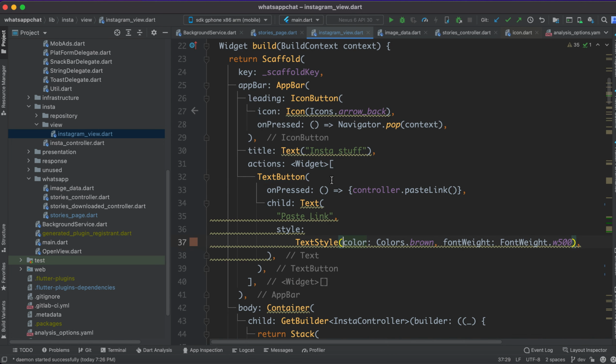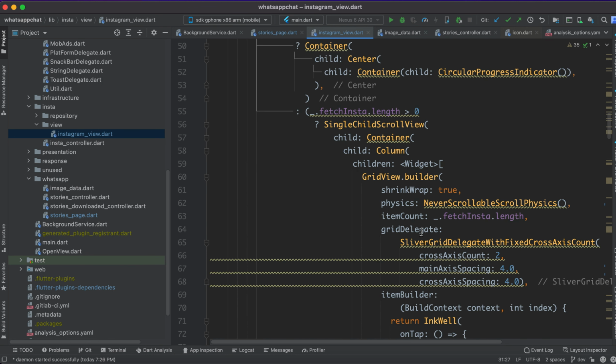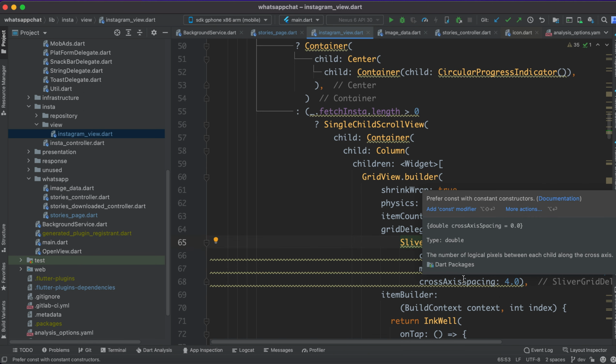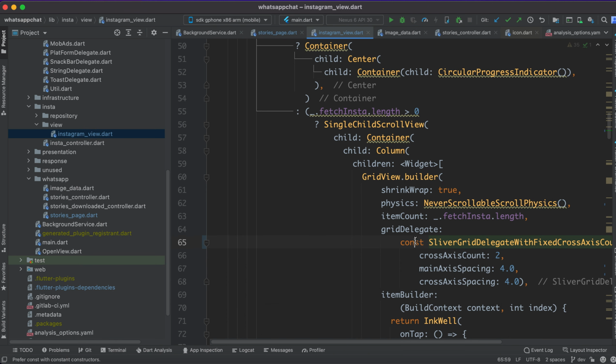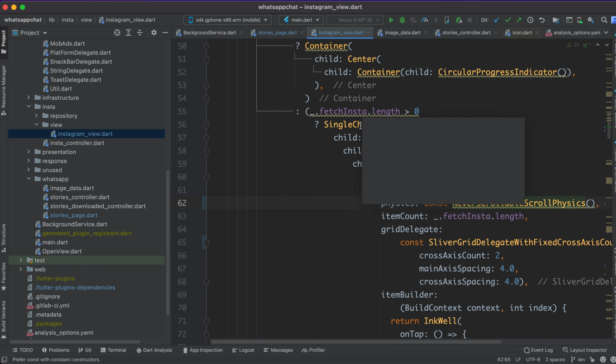Constant values do not need to be executed every time the build method is called. That's why they added const. This value executes only the first time the class is called. If you call setState 100 times in this class, the widget will not be regenerated 100 times. That's why they suggest these things. That is the purpose.